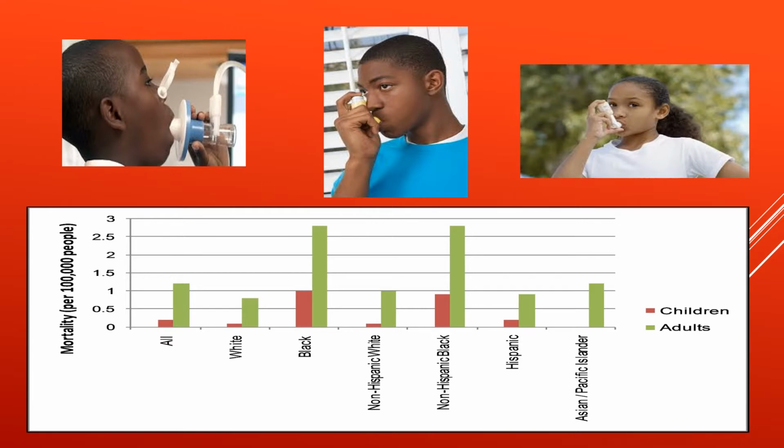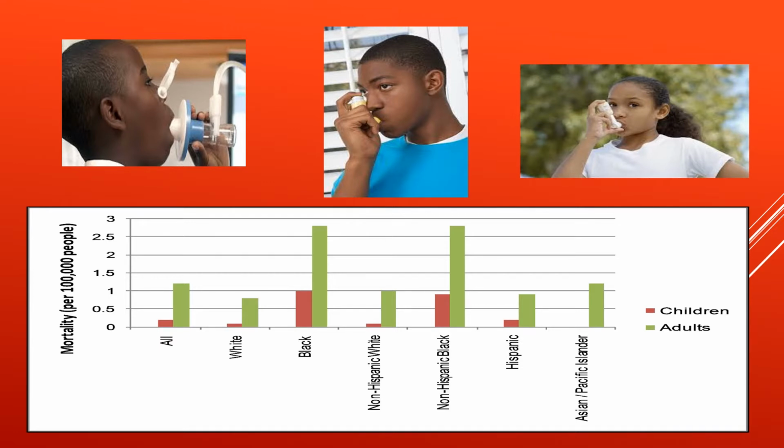So if you compare the Caucasian versus the African American, you could clearly see that the mortality rate for Black people is so much higher than white people. And I want to get into a little bit more detail why this exists, and we'll understand more as we go along.